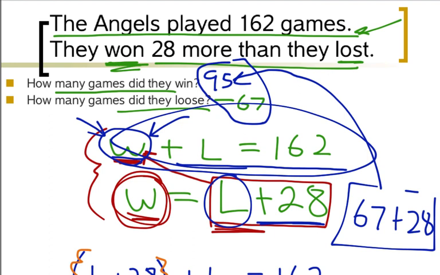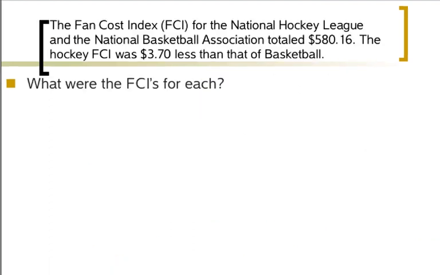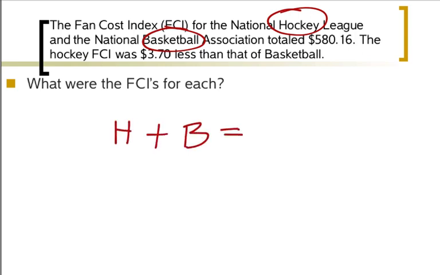Okay? So let's try another application. So we've got a fan cost index for the National Hockey League and the National Basketball Association totaled $580.16. The fan cost index for hockey was $3.70 less than that of basketball. Now, whether or not you care what a fan cost index is, or know what it is, or anything, it doesn't really matter. All we know is that we, bottom line, have hockey and basketball. Okay? And hockey plus basketball gave me